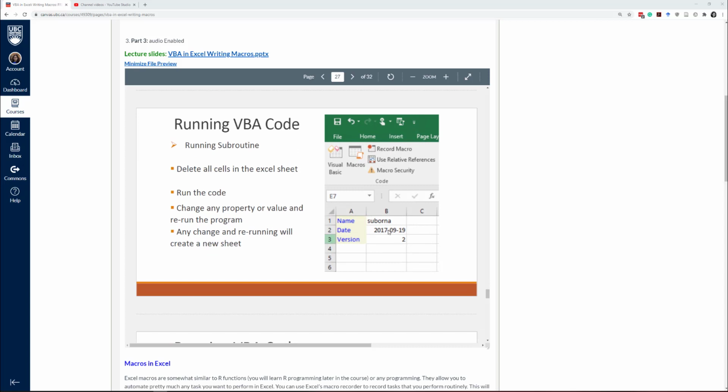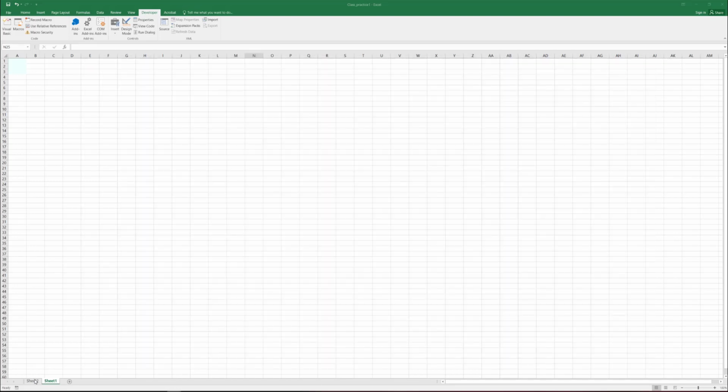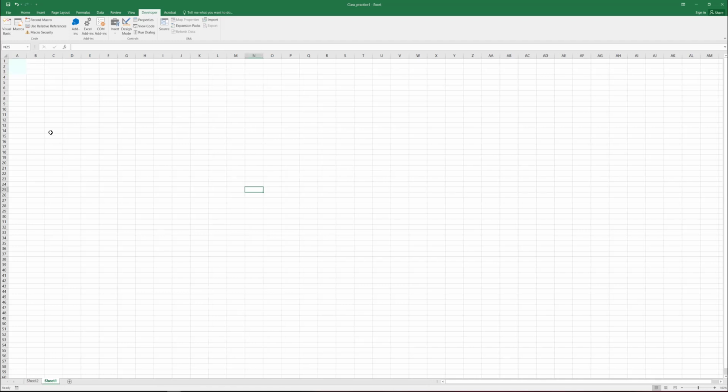And then that's what I showed you, how you can write this program and how you can update or edit them. You can delete everything, rerun them, change any property, anything you want, and rerun them, and then create, or maybe create a new sheet if you want. So let's say I would like to run it on another sheet. So right now it's in sheet number 2, but in sheet number 1, so let's say delete this column, and